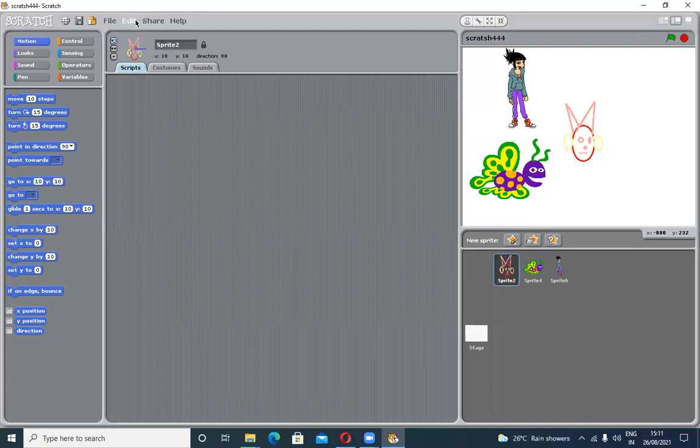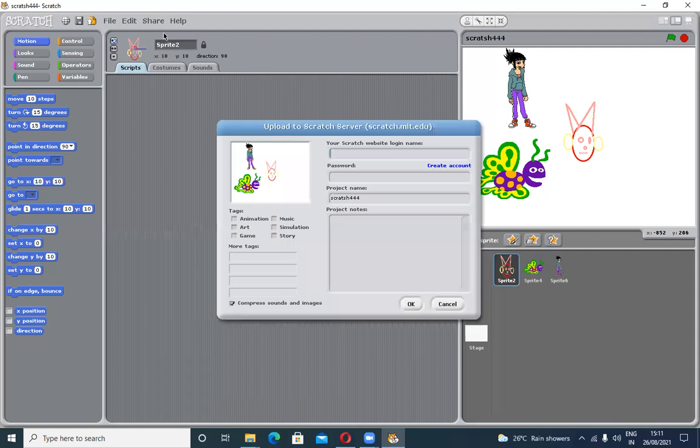Okay, next we have the option that is share. If we finish the project, then we can share this project online. So here is the project that we have made. Now we want to upload this project online. The option is there, upload to Scratch server.